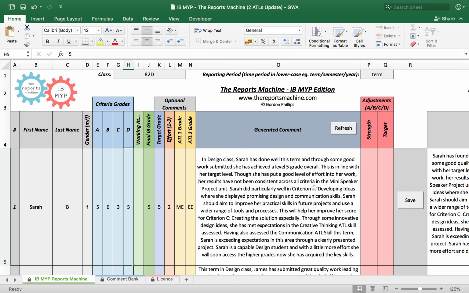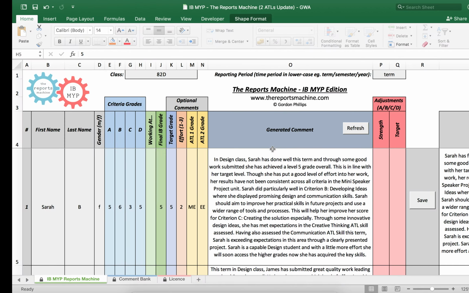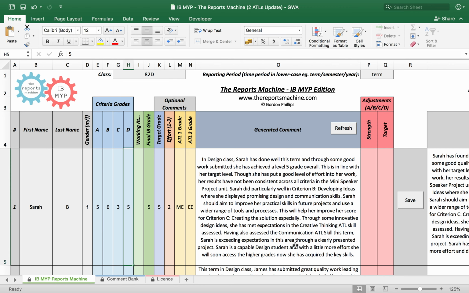So those were the strength and target comments, but as you can see, it makes a lot more sense when you explain that, through doing this, they could improve their score for this. This is what I mean about padding out the comments a bit, and obviously not using these very basic examples. I'm not going to read through the rest, but you'll notice as well,